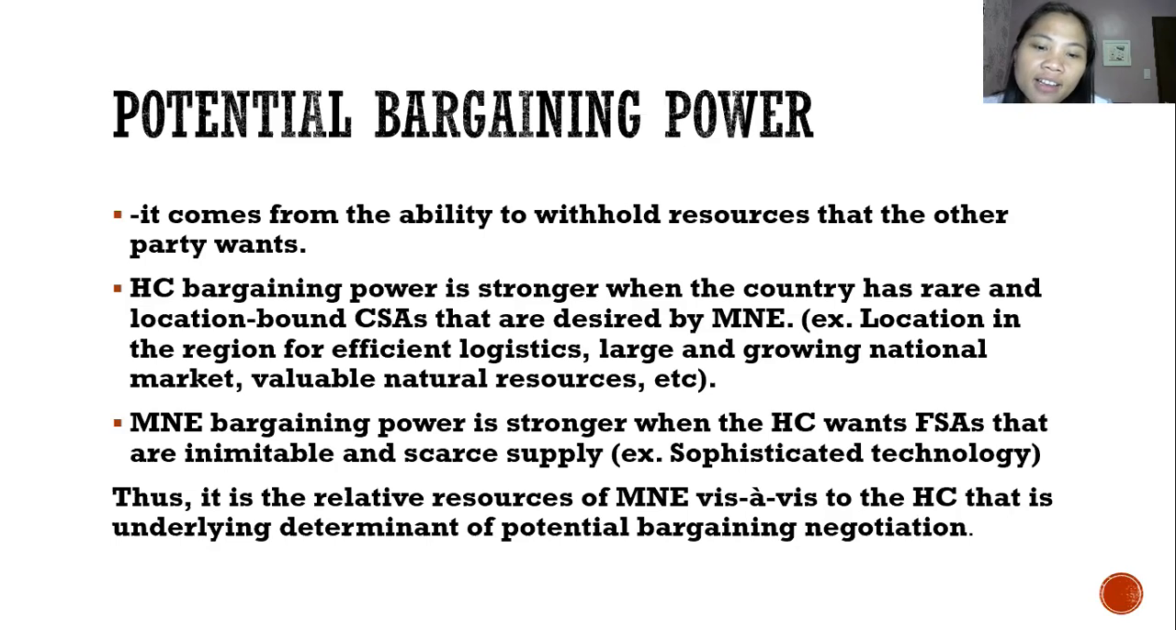On the other hand, the bargaining power of the multinational enterprise is stronger when they have something that the HC wants. Example, sophisticated technology, or we can say armory. Di ba? We want to be friends with China. Why do we want to be friends with China? Because there's